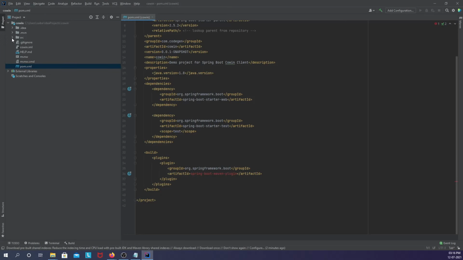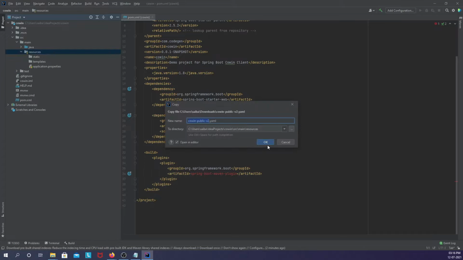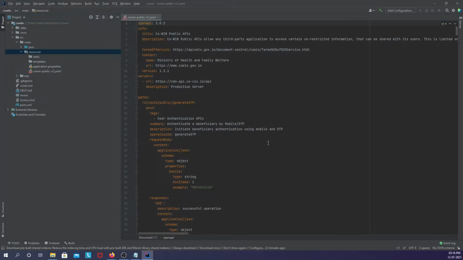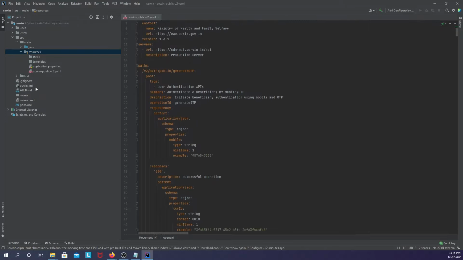Let me copy this into the resources folder. Okay, now we have the YAML documentation representation for the API within our project.